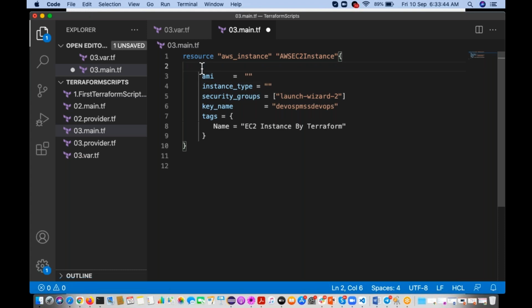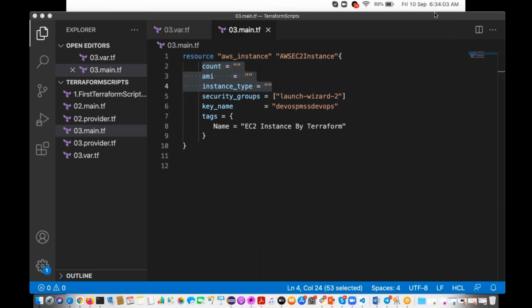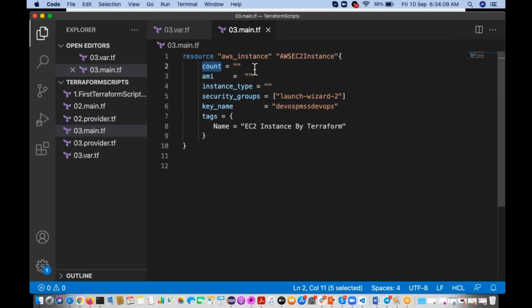Okay, so we have count also. Count is equal to, so these three values we need to get from the variables.tf, right? So for that, if you want to get a variable value, what is the symbol we are going to use?